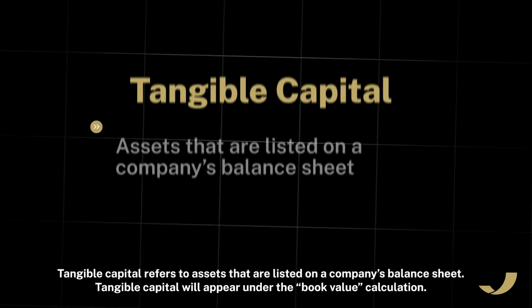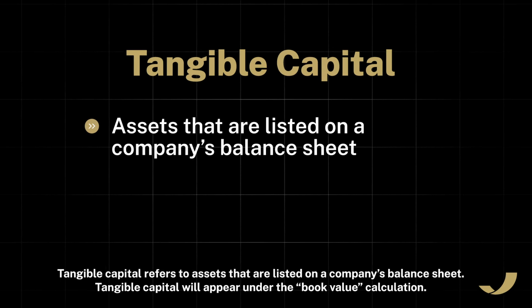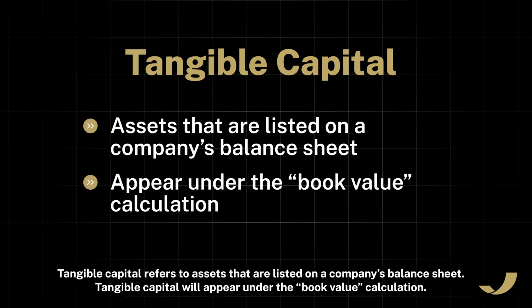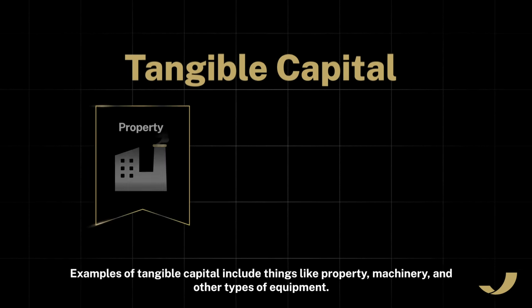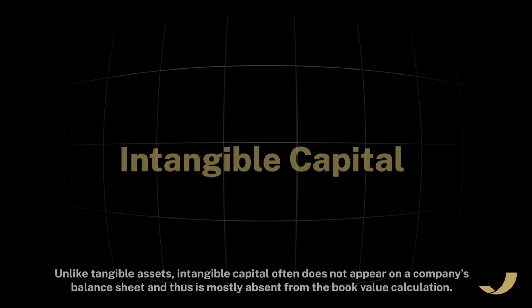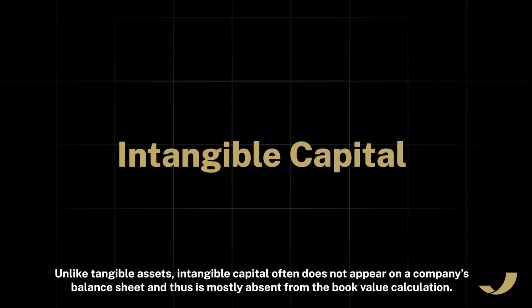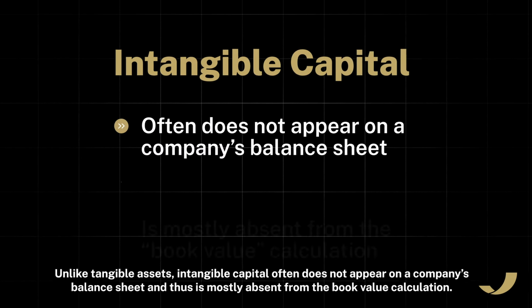Tangible capital refers to assets that are listed on a company's balance sheet. Tangible capital will appear under the book value calculation. Examples of tangible capital include things like property, machinery, and other types of equipment. Unlike tangible assets, intangible capital often does not appear on a company's balance sheet and thus is mostly absent from